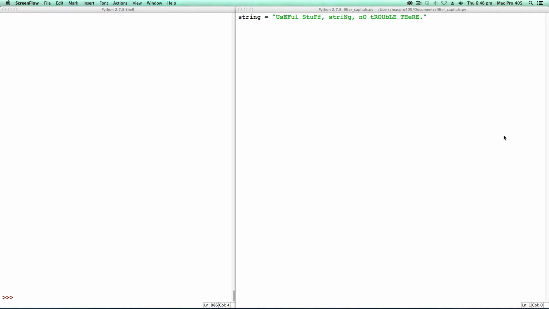Just want to show you an example of how to filter characters out of a string. In this example, I've got a string which has a combination of lower and uppercase characters and a few punctuation marks. What I want to do is to write a function that's going to remove all the uppercase characters from